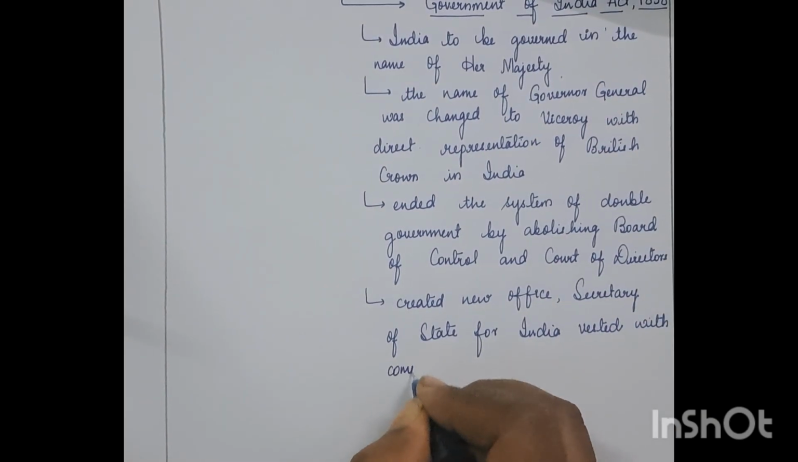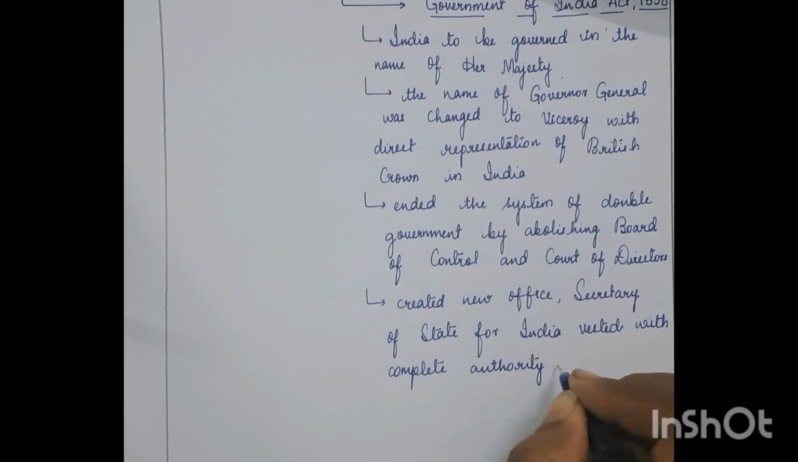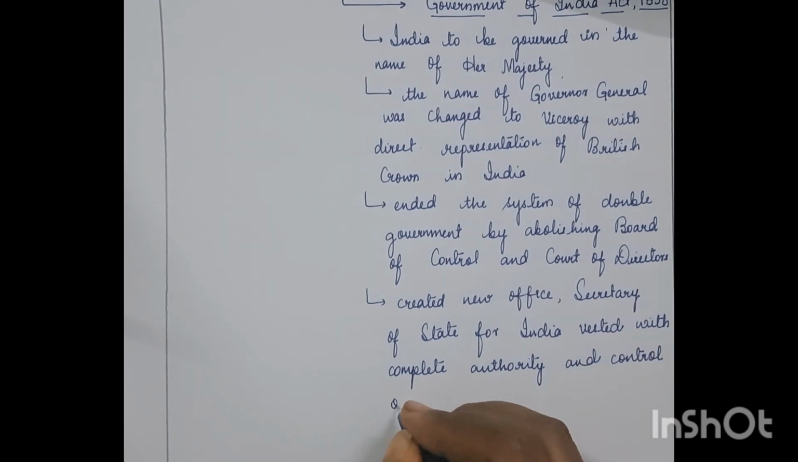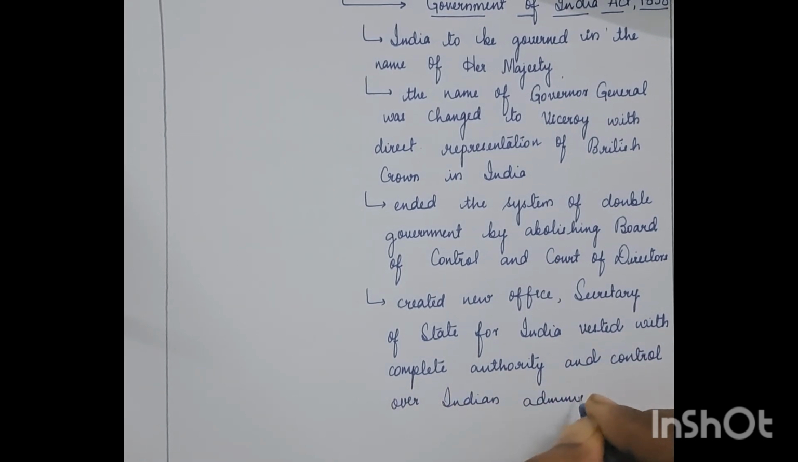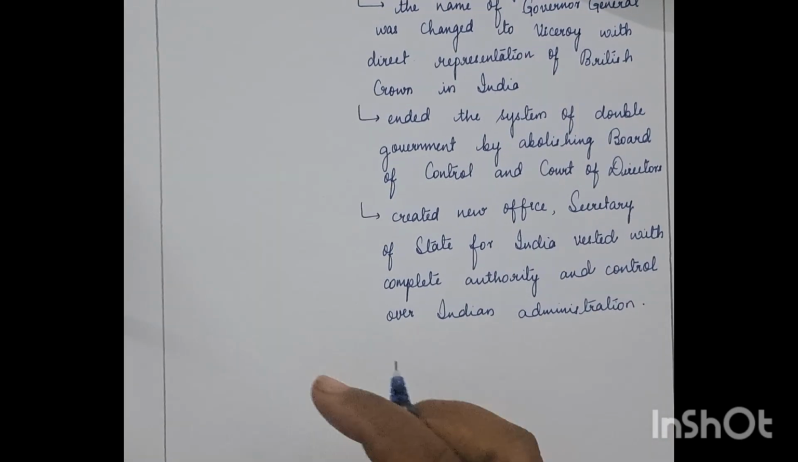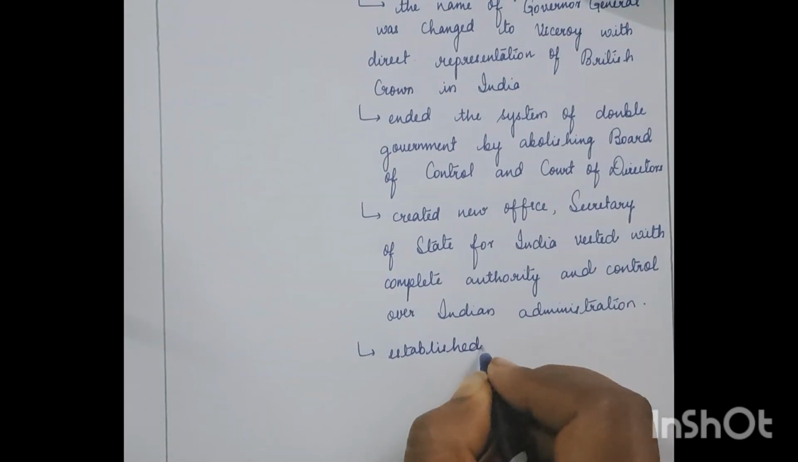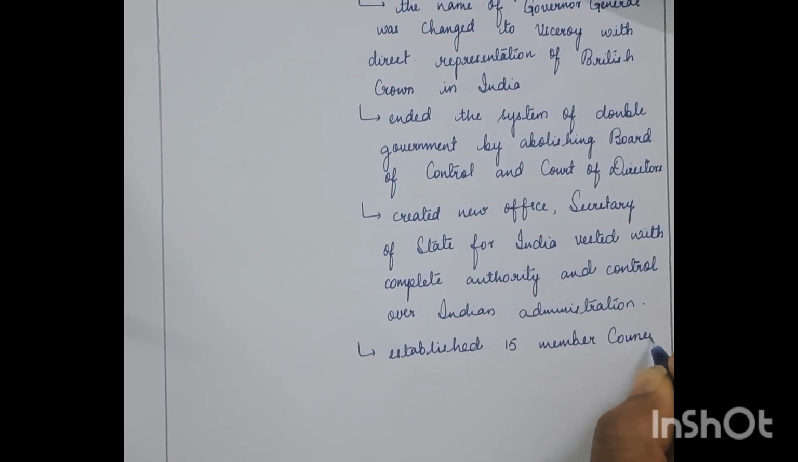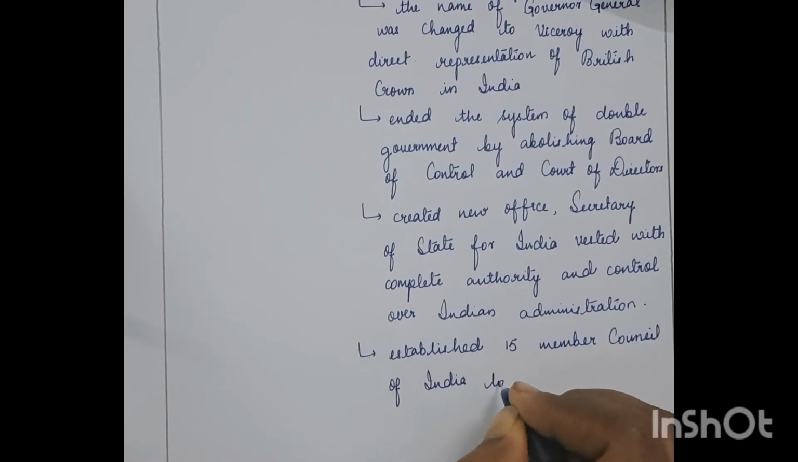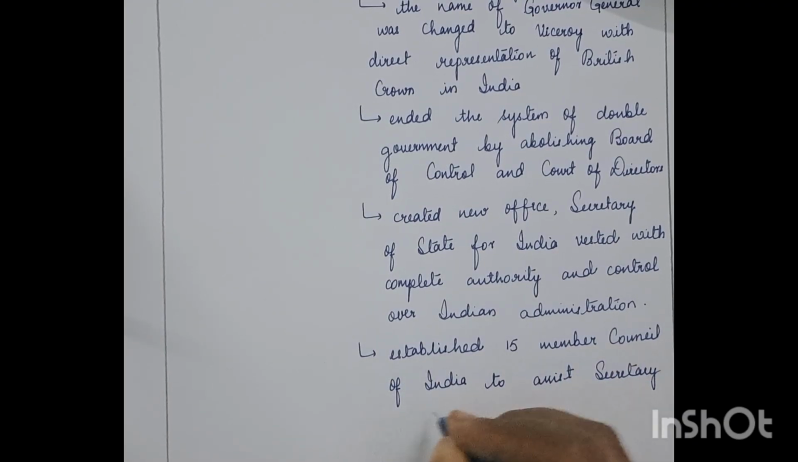The Council Acts and other acts that influenced in making of Constitution of India will be done in the next video. This is all about the history of Indian Constitution up to the Government of India Act 1858. In the next video, we will learn the Indian Councils Act